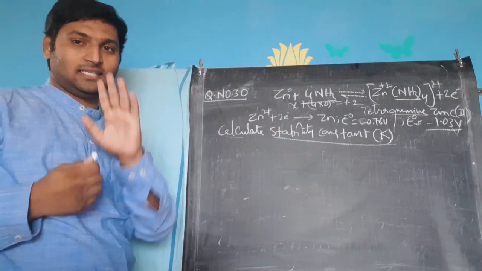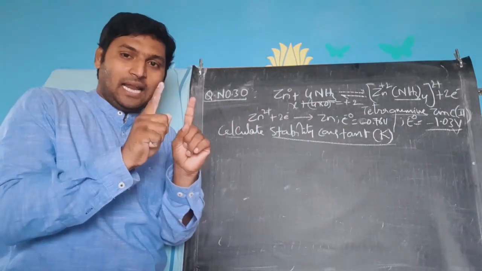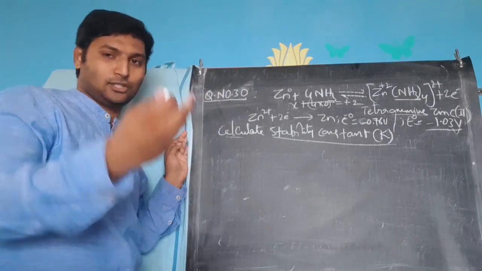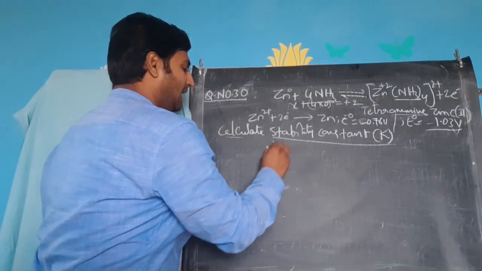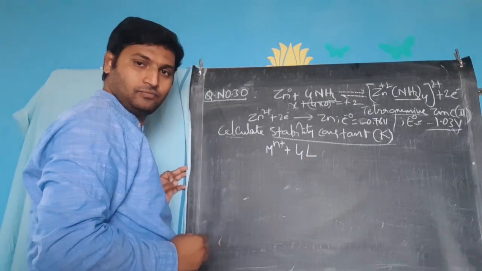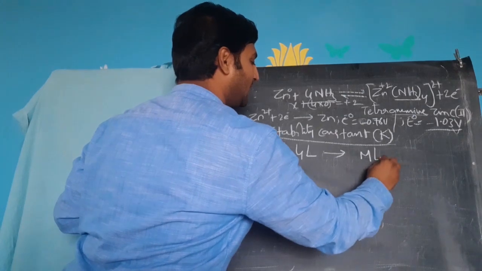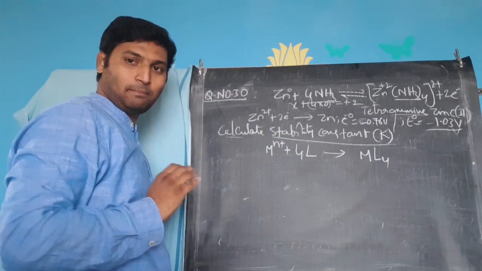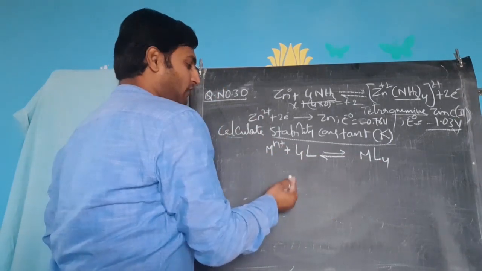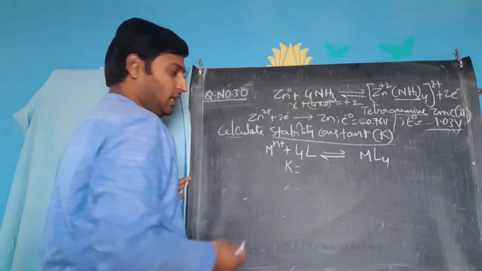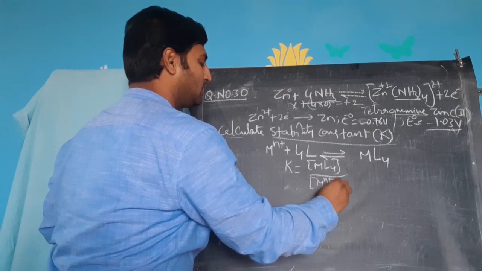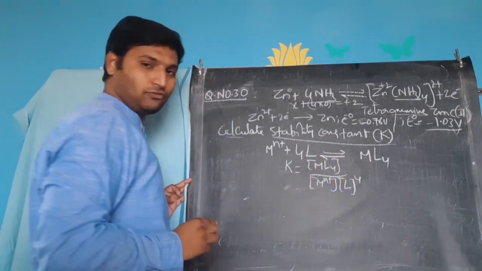What is stability constant? See, as I was telling you, between metal and ligand there is a coordinate covalent bond, right? Now you observe, suppose here there are 4 ligands, I will assume 4 ligands only. Say there is a metal cation Mn plus combining with 4 ligands L and forming a complex ML4. Then of course the formed complex might dissociate and form this. Now if I write the equilibrium constant for this, the expression will be concentration of ML4 divided by concentration of Mn plus into concentration of L to the power 4, right?